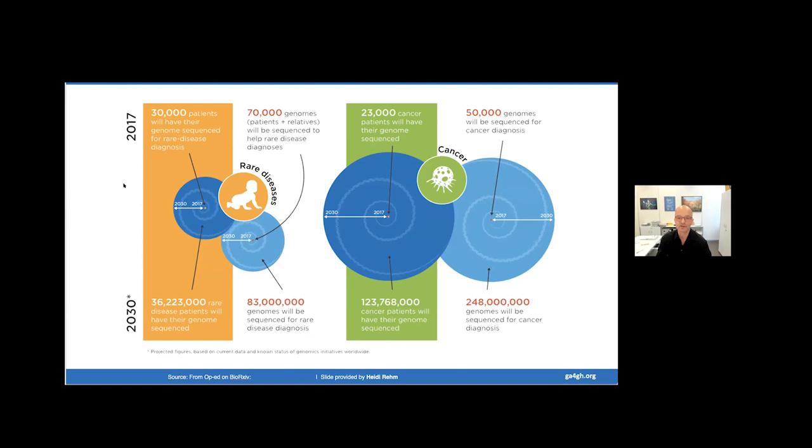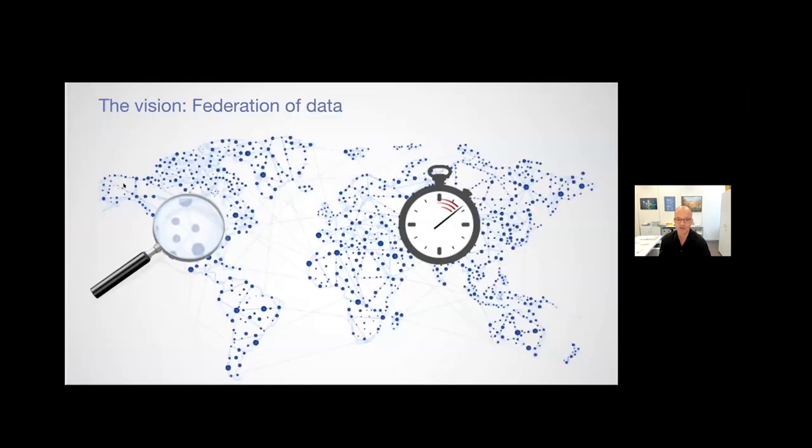So rare diseases are an obvious target, but cancer will become more and more a target because of the high incidence and the high applicability, and also the opportunity to understand biological trajectories over time in diseases with multiple analyses and so on. So we are going from the thousands to many millions throughout this decade, and that's an extrapolation, obviously. But this data sits, as I mentioned before, in many different places.